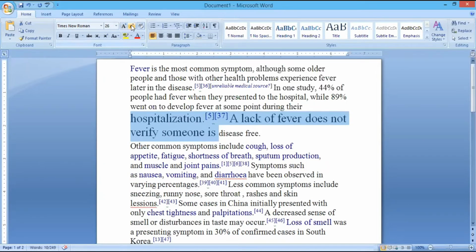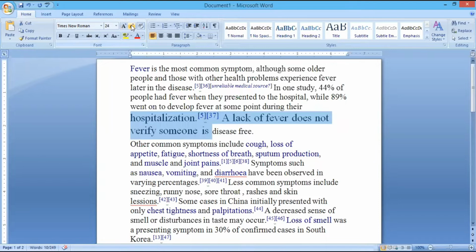Now the size of the font is reduced. Alternatively, this can also be done by pressing Control and the smaller than symbol. This can also be done. Okay, fine.